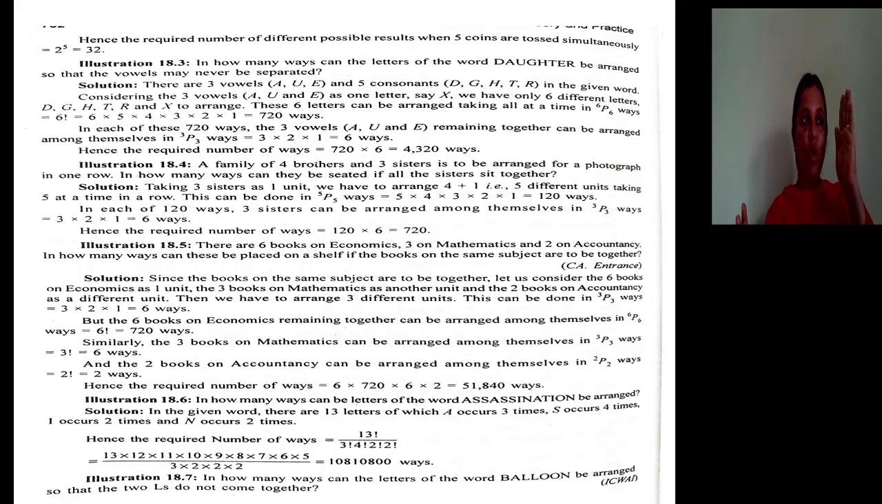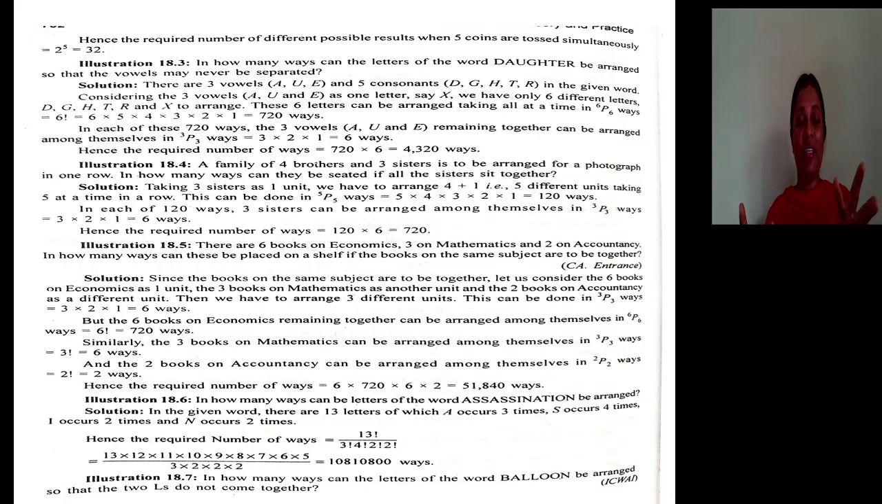Now these 3 vowels are fixed, and the other 5 consonants are 5 different elements. So 5 plus 1 means 6. So in 6P6 ways we can arrange the letters. 6 letters can be arranged in 6P6 ways. So 6P6 means 6 factorial, which is 720 ways. See, we took all vowels as 1 letter, and the remaining consonants as 5 letters. 5 plus 1 means 6. So there are 720 ways of arranging